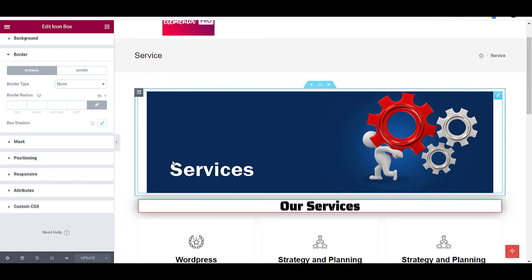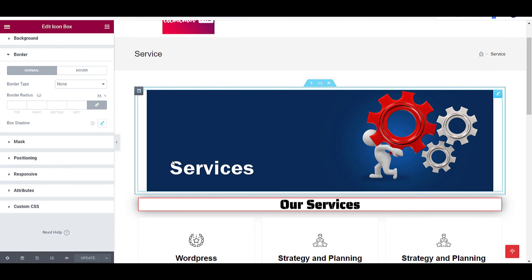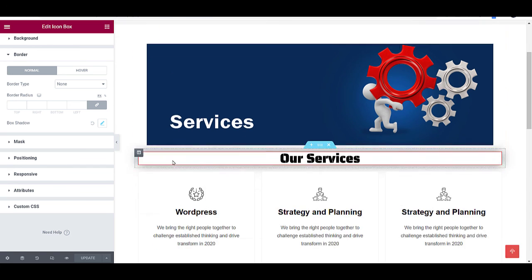If you don't know how to create, or you don't have any knowledge about it, before this process I have shared with you, you just have to follow. And for reference, you go to themeforest.com, choose any theme, go to their service section and just replicate the same. Okay, you don't need to do anything else, the process is the same, you just need to do it.